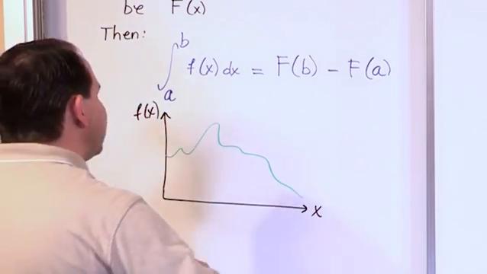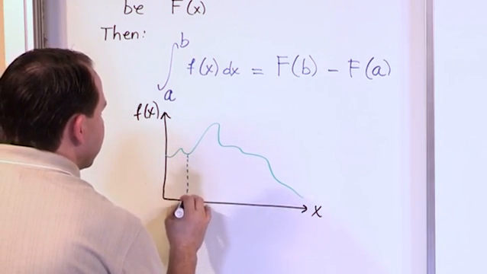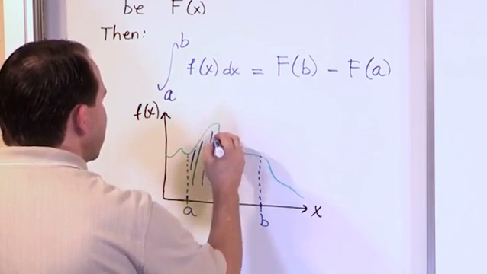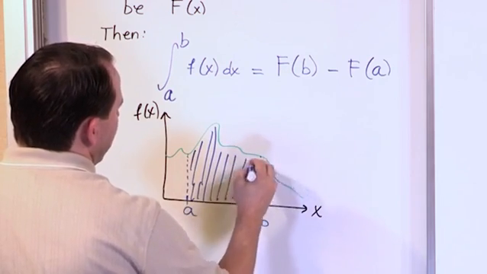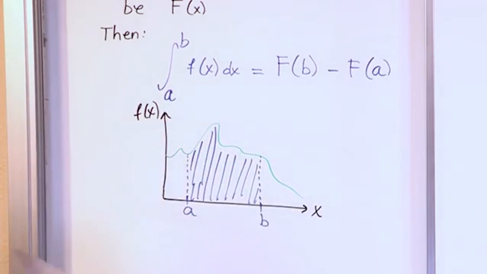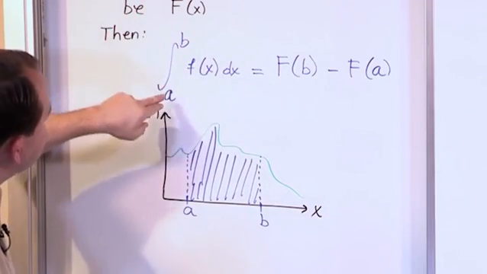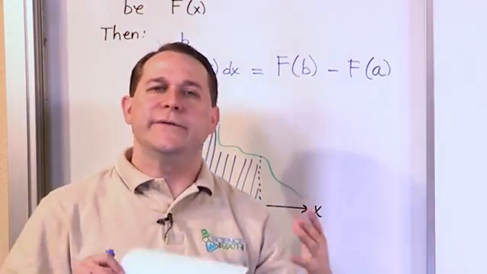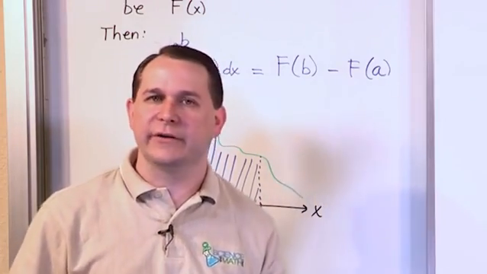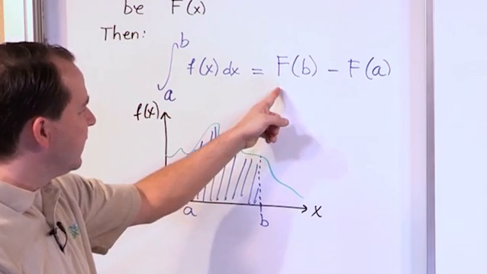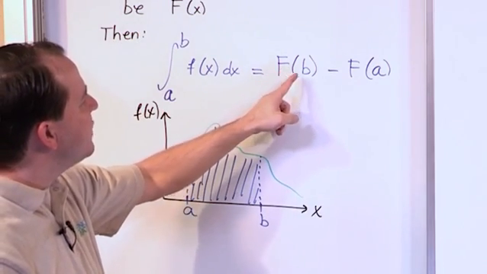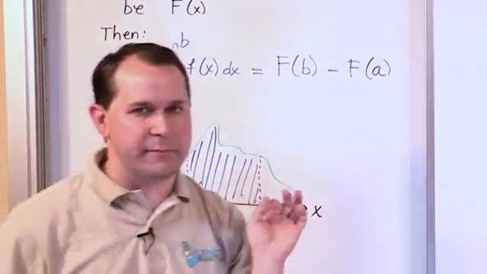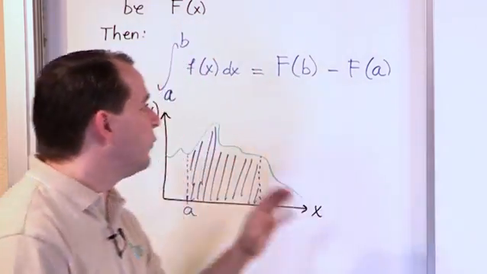All right? And what it's basically saying is, if I pick a point A, and I pick a point B, then to find the area underneath this curve, all the way from A to B, you're going to take the integral of the function over dx from A, the lower limit of integration, up to B, the upper limit of integration, and in order to get the answer, you're going to find something called an antiderivative, which I need to explain what it actually is, but it's another function that's denoted by capital F. Then once you do that, you evaluate the antiderivative at the top limit of integration, and you subtract the antiderivative evaluated at the bottom limit of integration. So what you're doing is you're getting a number, because when you do this integration, you're going to get